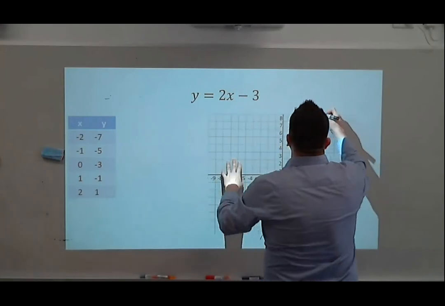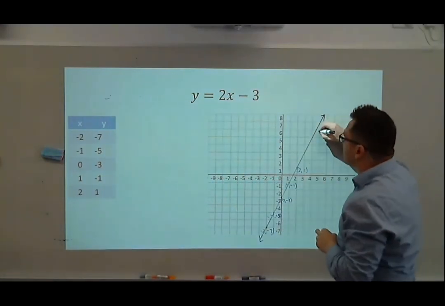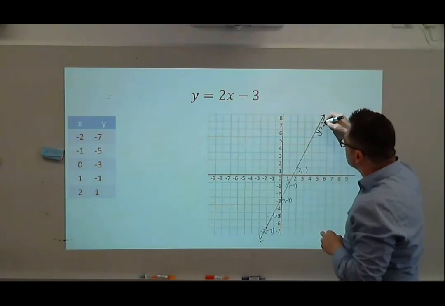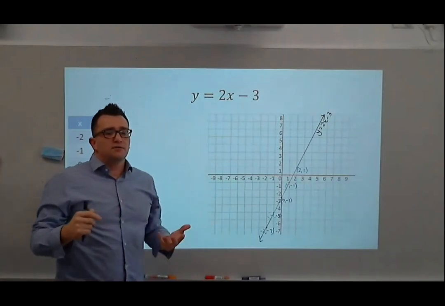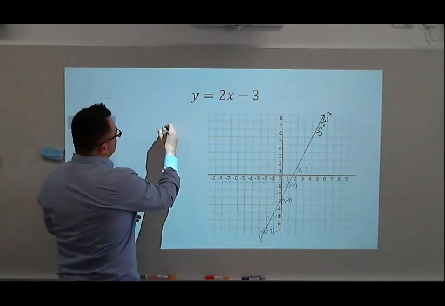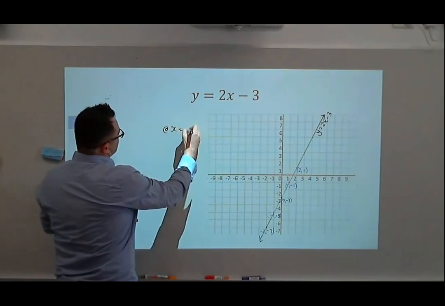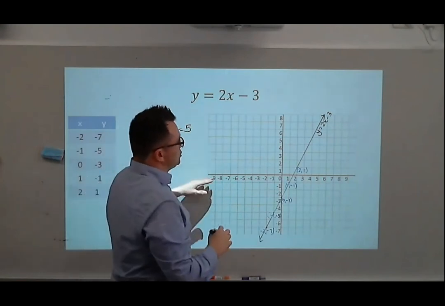So in terms of graphing this out, because the graph extends out, I put arrows at the end and I need to label it. So y equals 2x minus 3. From my graphical line, I can then determine different points. So if I wanted to know, well, what is x equals 5, what does y equal? I can go to my